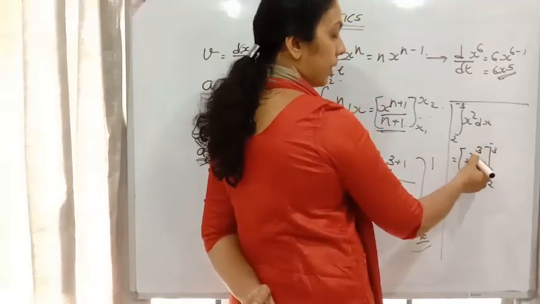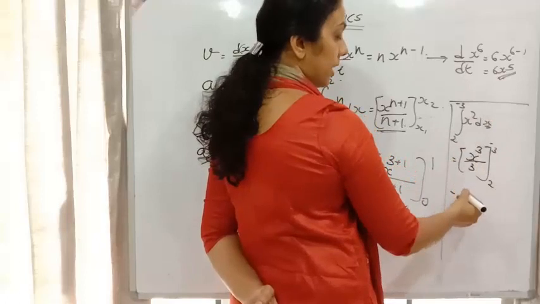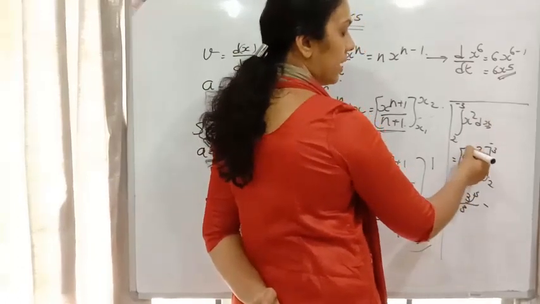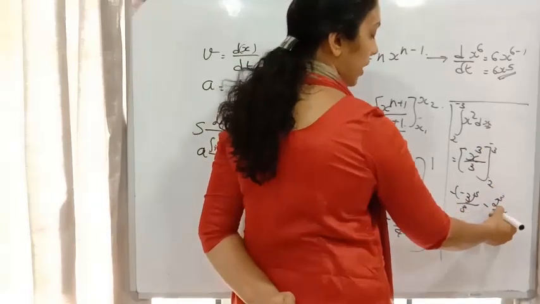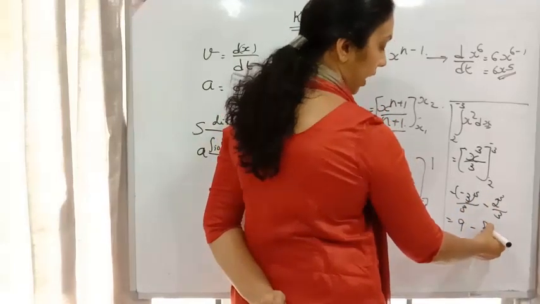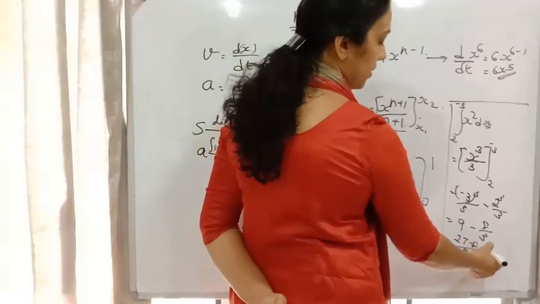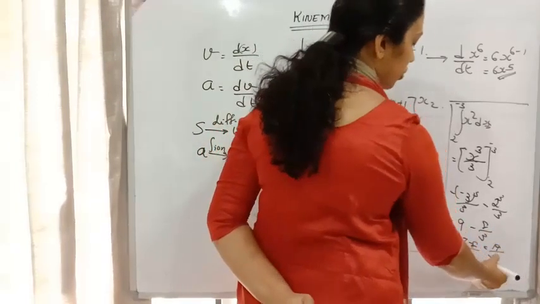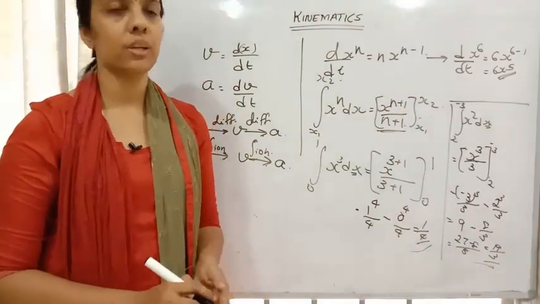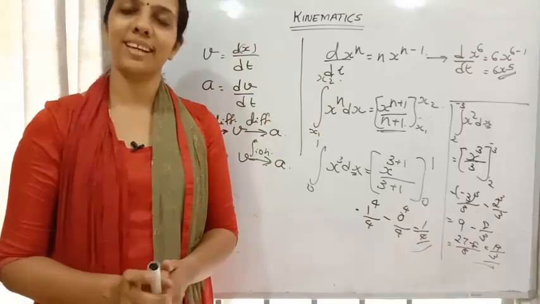First apply the upper limit for the x value. The x value was changing over here, right? So first apply the x value, minus 3 cube divided by 3, minus, then apply the lower limit, 2 cube divided by 3. So here you will get 9 minus 8 by 3. So you can find the final answer in this way. Clear, children? This is how we do integration and differentiation. Relating to that, the rest of the numericals we will do in the next session.